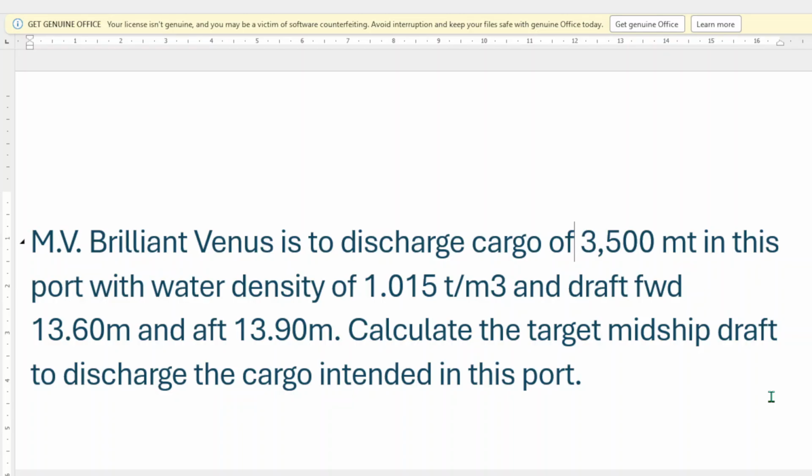Calculate the cargo midship draft to discharge the cargo intended in this port. So it is asking for the mid draft once we discharge 3,500 metric tons.